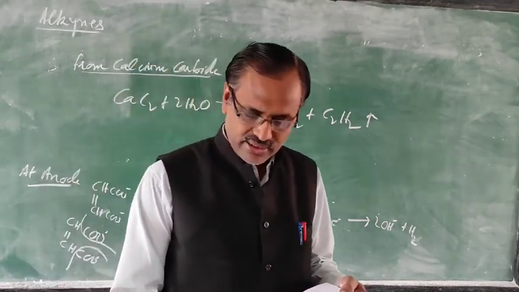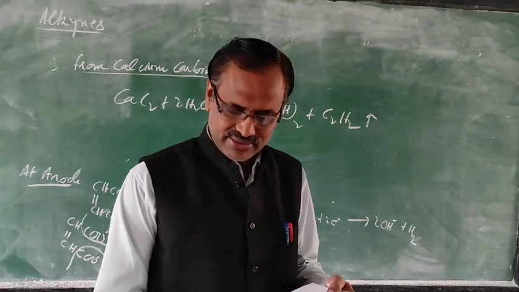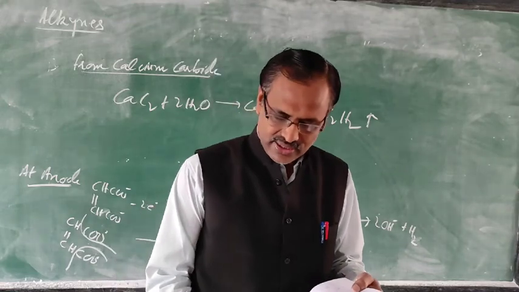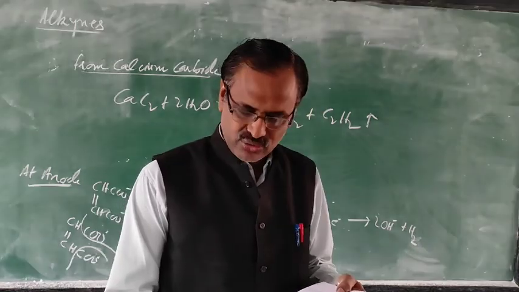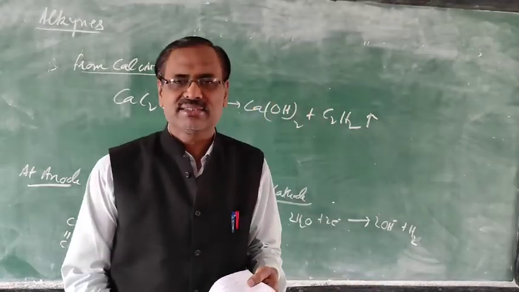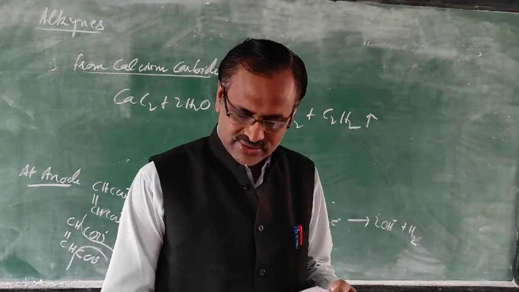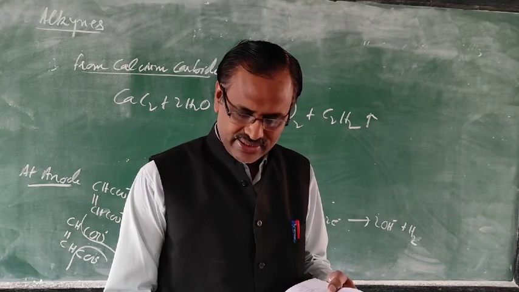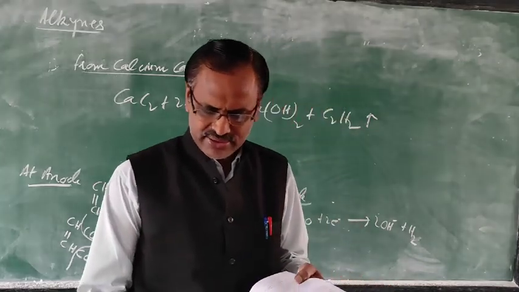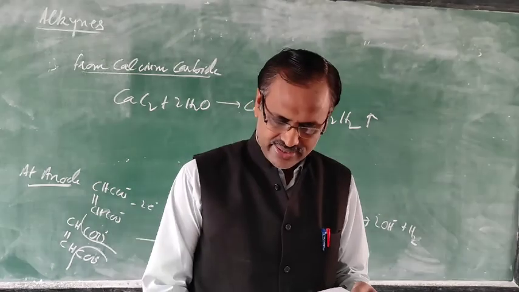Now the next paragraph. The melting and boiling points of alkynes increase regularly with increase in molecular mass. You know that as the molecular mass increases, van der Waals force also increases. The branched chain alkynes possess lower melting points than the corresponding straight chain isomer. This also you know: as the branching increases, surface area decreases. Solubility. Alkyne molecules are slightly polar, therefore they are slightly soluble in water. They are more soluble in non-polar or slightly polar solvents such as benzene, carbon tetrachloride. Density. Alkynes possess low density and are lighter than water.